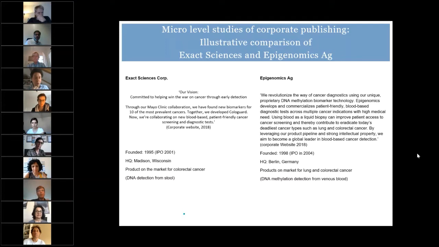Exact Sciences on the left is a US company which talks about collaborating on blood-based patient-friendly cancer screening and diagnostic tests. On the right side, you have Epigenomics, a German company, promising to do much the same thing. They're both founded in the 1990s, they're not too different in terms of age. But if we can have the next slide, we can see how these two different companies measure up in terms of their